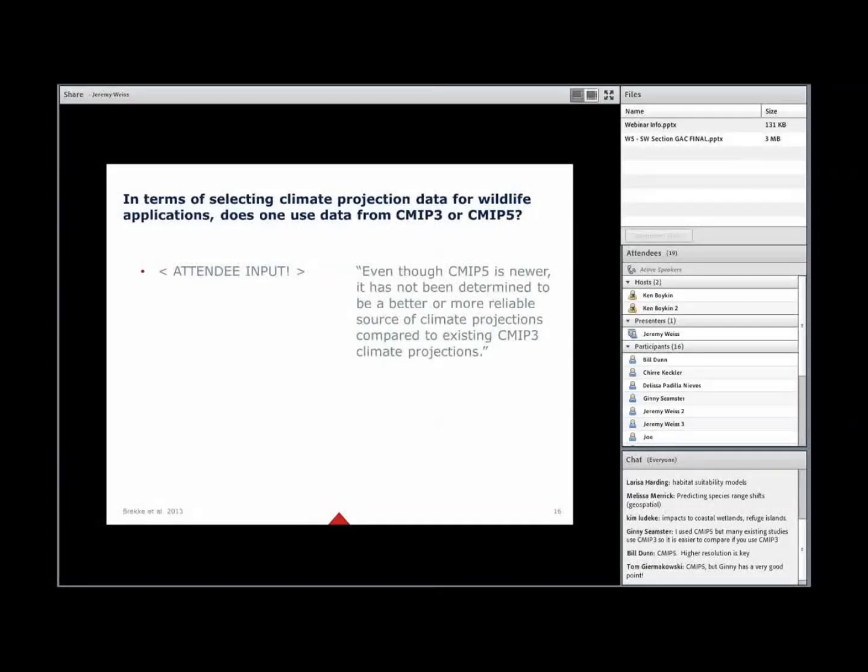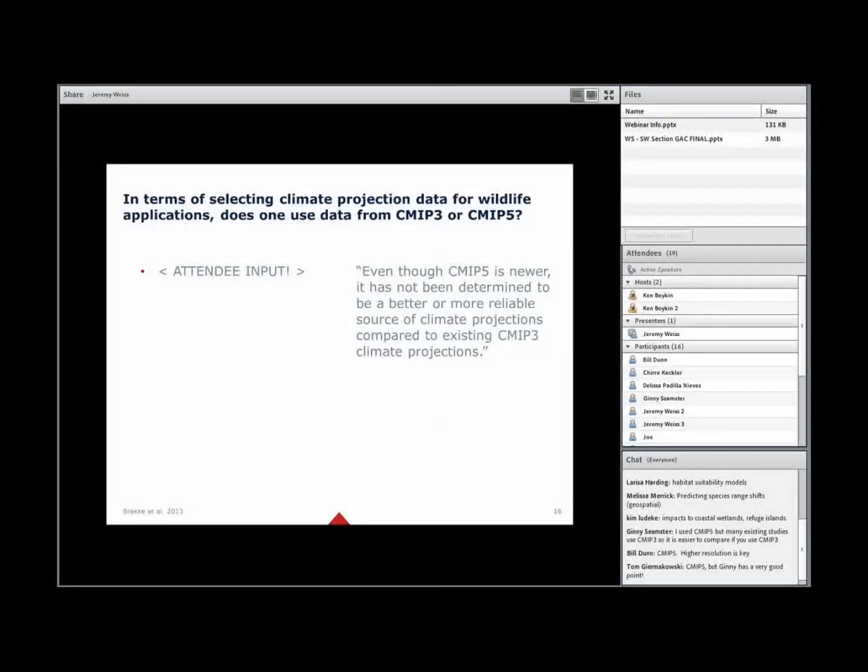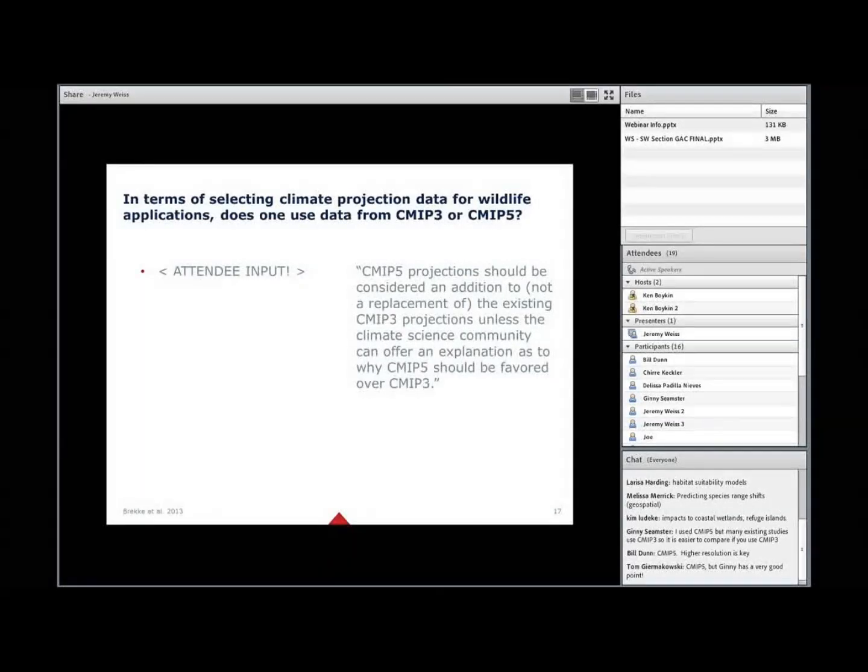And that the CMIP-5 projections should be considered in addition to, and not a replacement of, the existing CMIP-3 projections, unless the climate science community comes up with a really good reason as to why CMIP-5 should be used in place of CMIP-3. And so, from those types of recent comments from the climate science field, we would get the impression that any work done with the CMIP-3 projection data really hasn't passed its sell-by date.